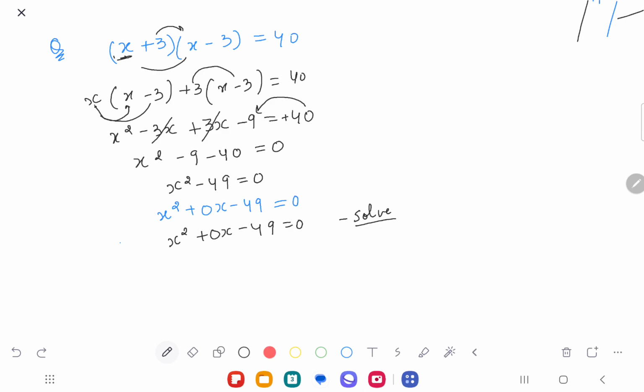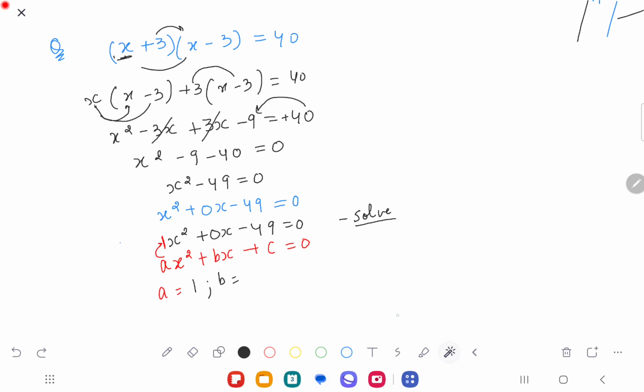So what am I going to do? I'm going to compare it with the general quadratic equation, ax square plus bx plus c equals 0, and I will get the values of a. A for me comes out to be the coefficient of x square. What is the coefficient of x square? When nothing is written, it is 1. So that would mean a would be 1,